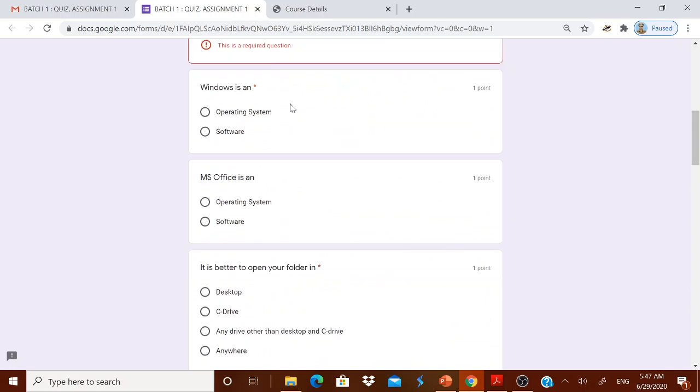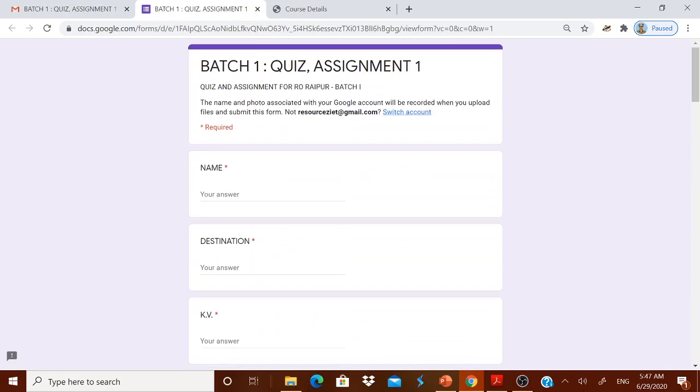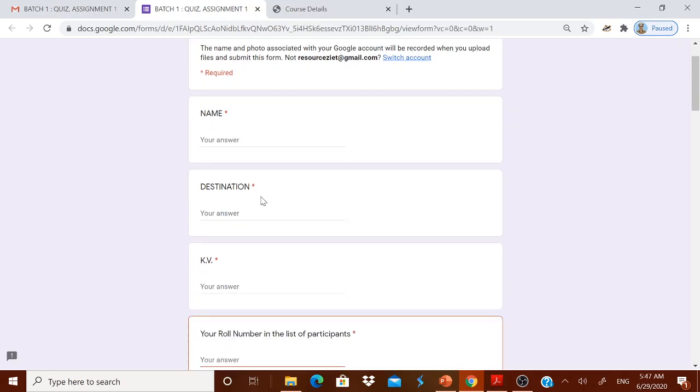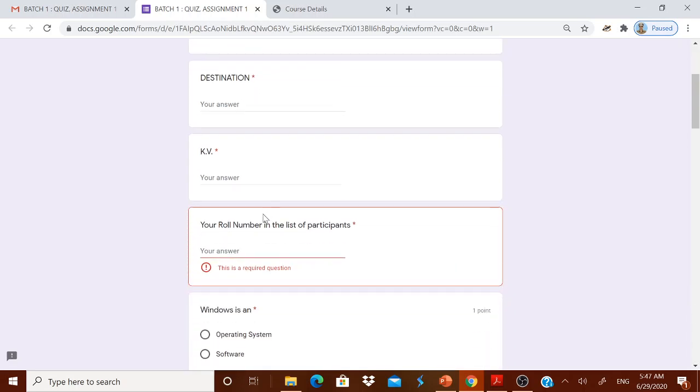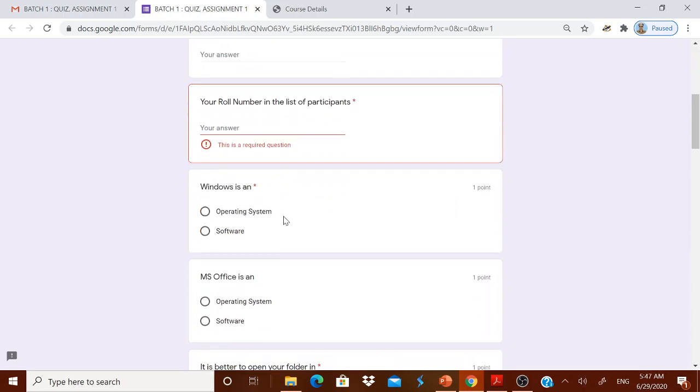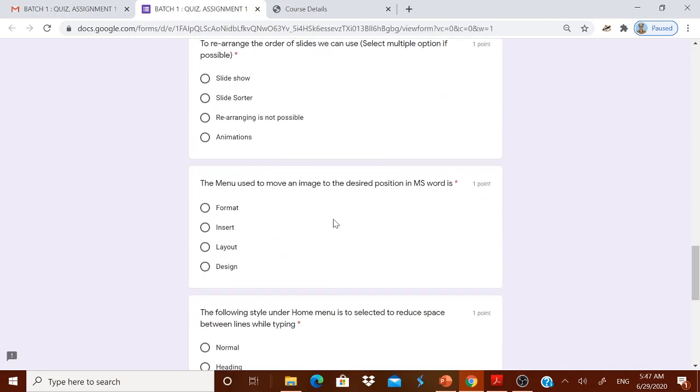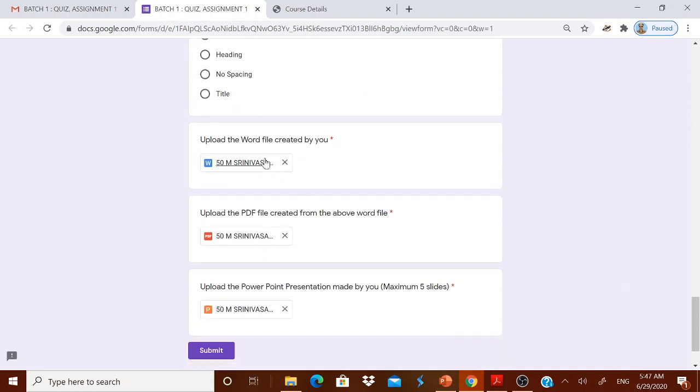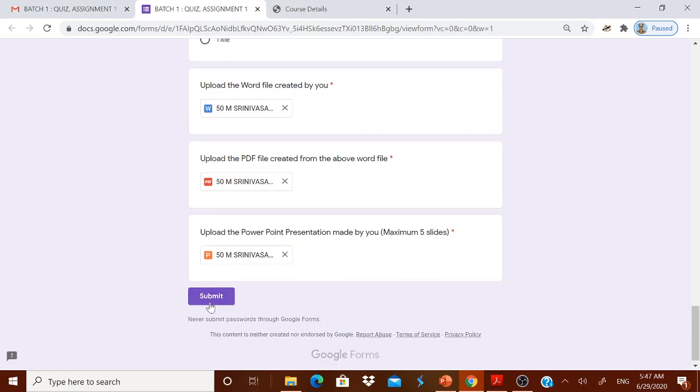Therefore, once again I repeat, open the Google form. Give your name, designation, KV name, your roll number as per the list. Then answer these questions by selecting the correct answer. Upload the file which is required. For example, Word file here, PDF file here and PowerPoint presentation here, and click the submit.